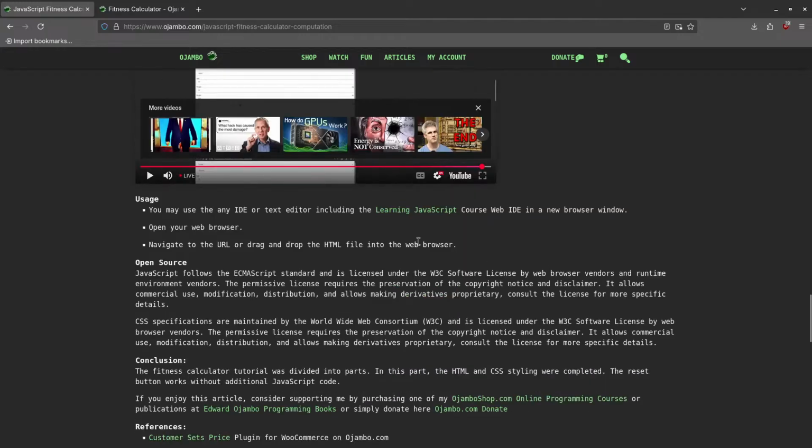Okay, so to follow along with this tutorial, you need some type of IDE. I'm going to use Apache NetBeans, but you can use any text editor, and I have the code snippet for you there. And if you don't know anything about JavaScript, I have a JavaScript course on